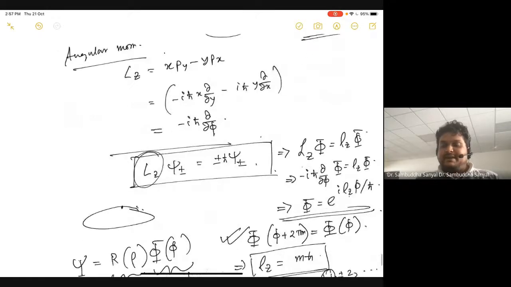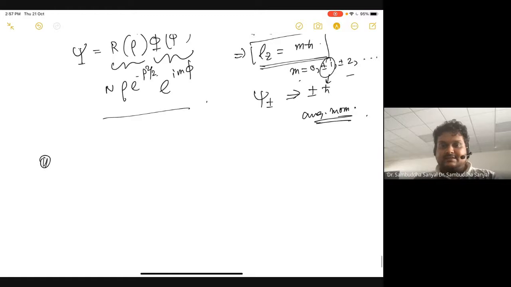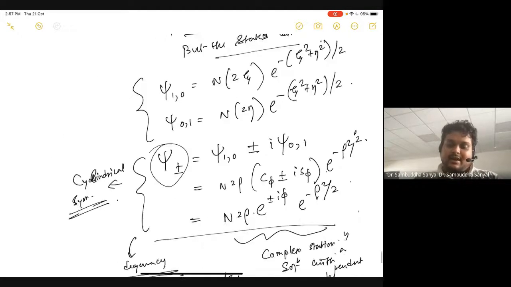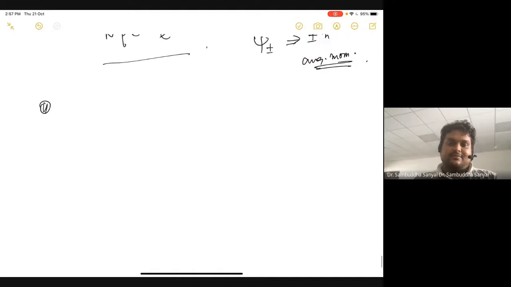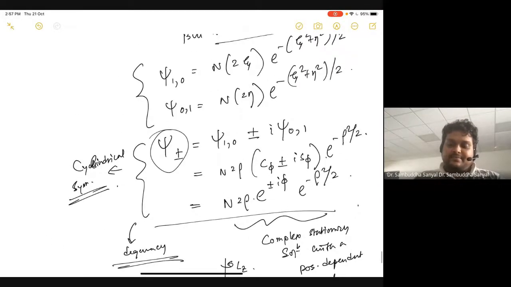So I'm building up this whole picture you already know in an informal manner, and then I'll make it rigorous. Okay, now one more thing I want to add: how do you do this formally? Now I did everything informally, so let's do it a little more formally. Let's write down the full Hamiltonian in cylindrical coordinates. I hope everybody is on the same page about this. This picture is very important. Even if you have solved the problem in Cartesian coordinates, it doesn't show the symmetry. To show the symmetry, you have to write it in a form where the symmetry is more visible.